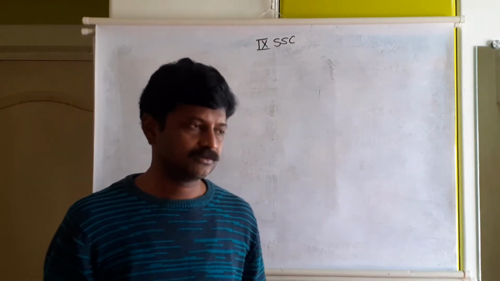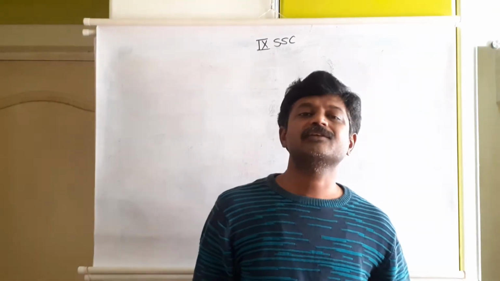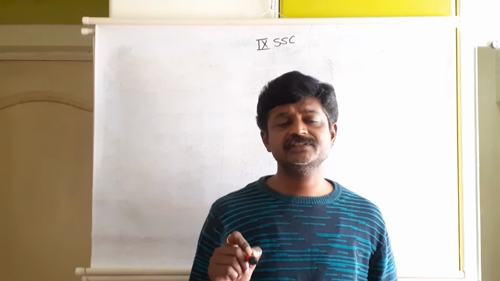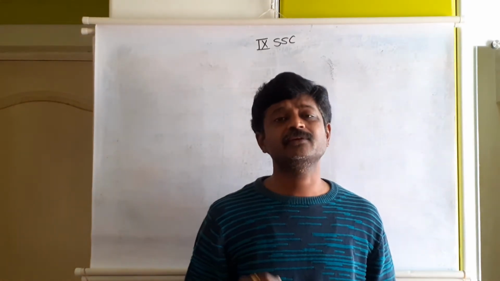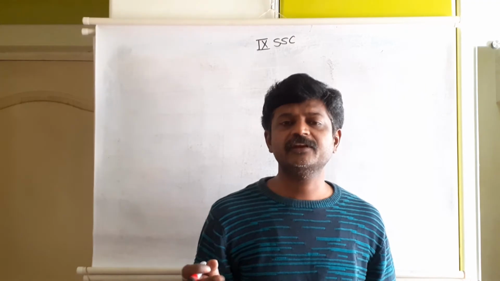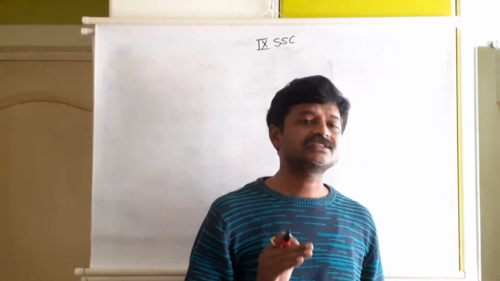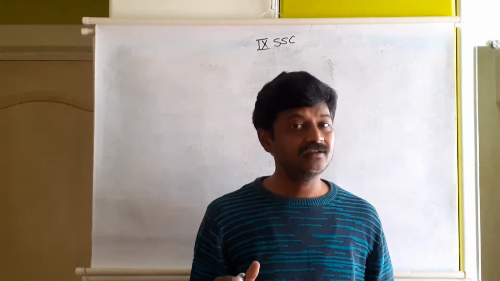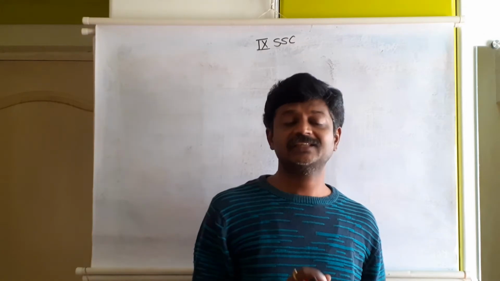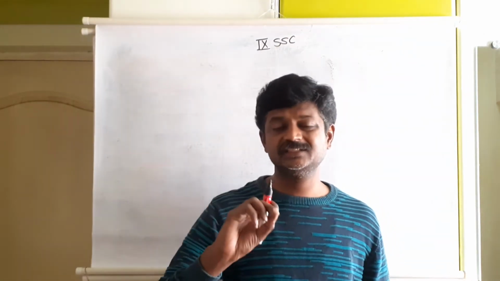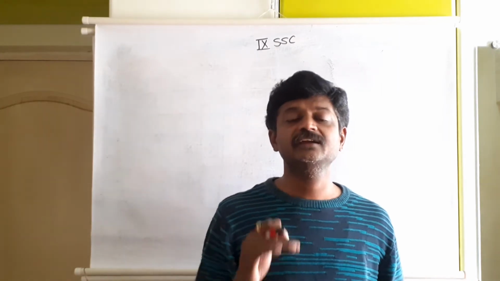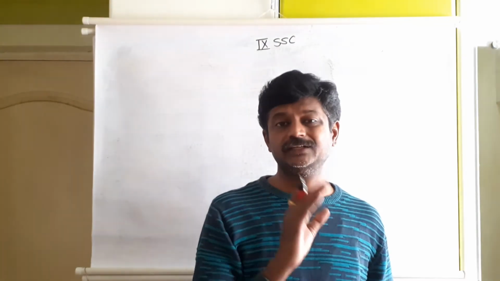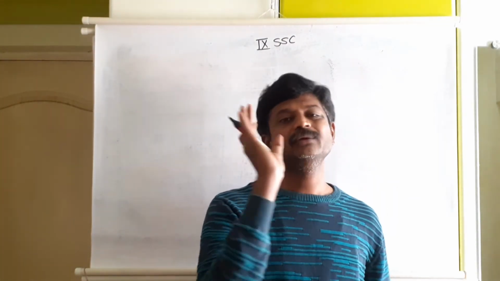Suppose our percentage marks at the end of the year are 86.7. So we say 86.7 means 87%. If it is 86.4, we will say 86%. If it is 86.5, then it will also be 87. If the digit after the decimal point is 5 or more than 5, it is added to the next integer. Or if the digit after the decimal point is smaller than 5, that is 4, 3, 2, 1, then it will be the previous integer.